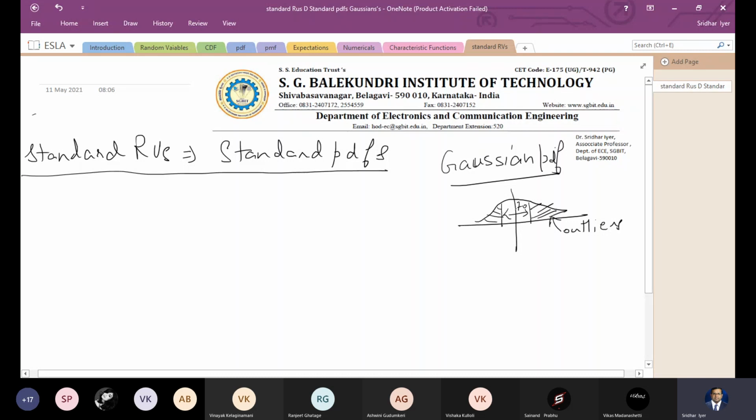For example, there are students who have more than 70 marks, and there are students who have less than 70 marks. So they are all the outliers here on the shaded part, but the mean of the entire class is 70. Right? This standard Gaussian PDF is used basically to measure population. For a very populated country like ours, you cannot say that we are 1 crore 30 lakh people exactly. It's just an approximation, right? And every day the population also increases or decreases, we don't know. So we can only approximate the population, and for that the Gaussian PDF is used.